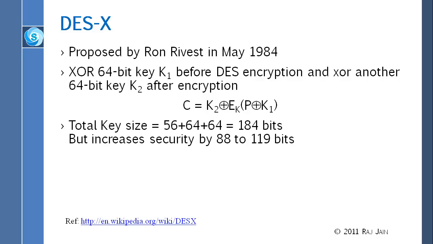Yeah, so I don't know why people didn't select that. See, this is another interesting thing, that 1984, maybe it was a little bit too late. Maybe this was already there by 1997 when they did triple DES. So this was there, but it is only implemented in his system, in RSA's system. So he is selling it, and it is quite possible that maybe he patented it. I don't know what happened here. See, if you patent something, then it is not accepted by the world, because they want free stuff, right? So maybe that is why it was not implemented. I don't know the story behind it, but I just thought I would mention this, and obviously the reference is Wikipedia.